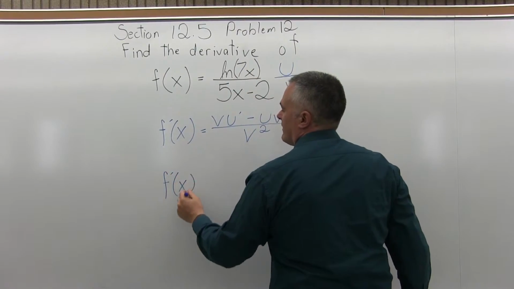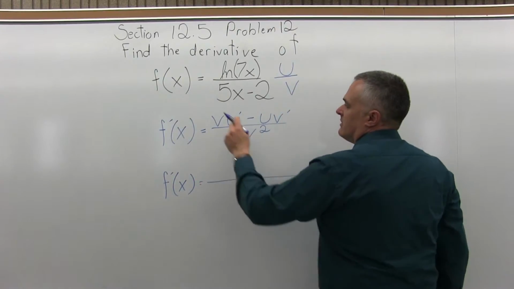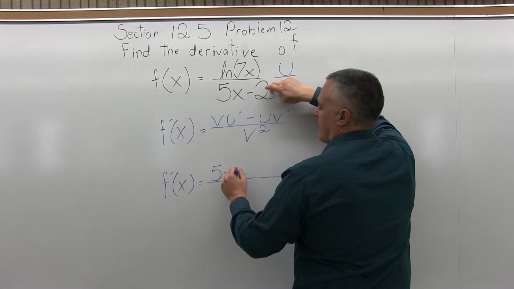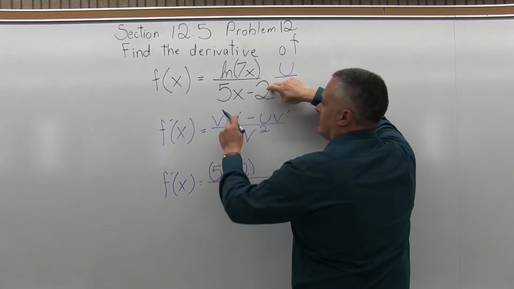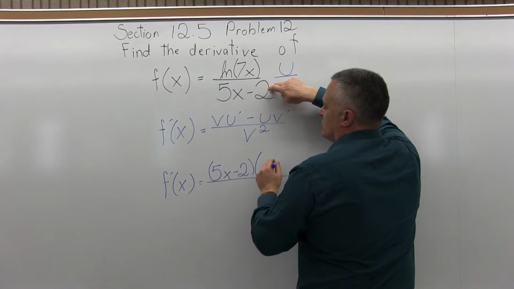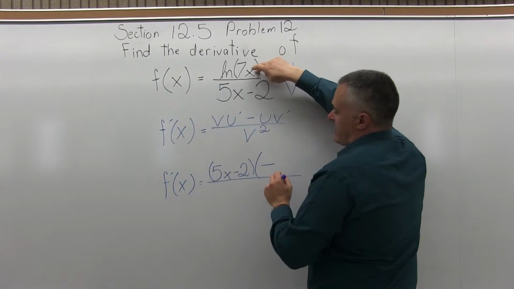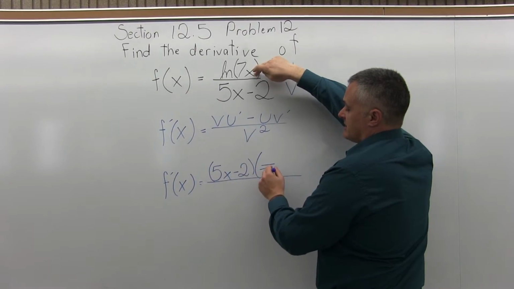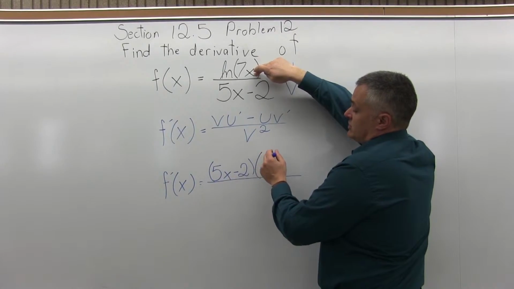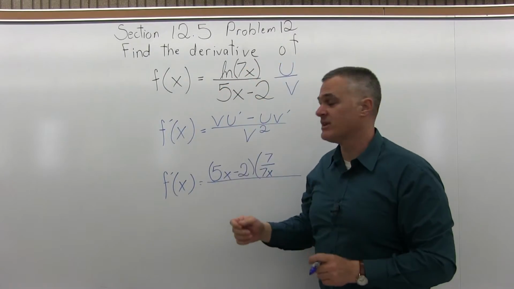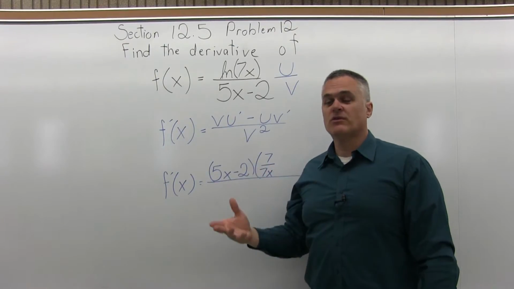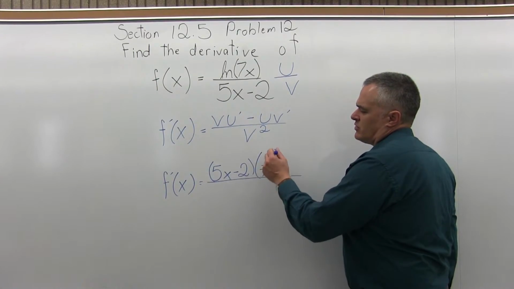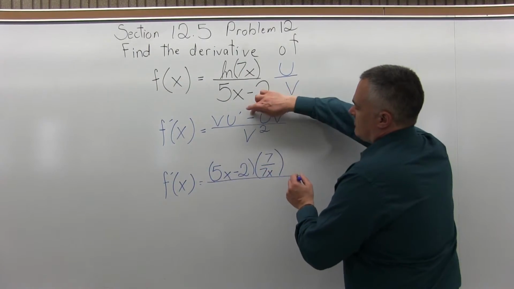So f prime of x equals v with no prime. V with no prime is 5x minus 2. Times u prime. So u prime is the derivative of the natural log of 7x. So I'm going to do stuff prime over stuff. The stuff in the denominator is 7x. The stuff prime is just 7. The derivative of 7x is just 7. Again, I have an x to the first. The derivative is whatever the number in front of the x is, in this case just 7. And in a minute I can reduce those. So now I have minus,